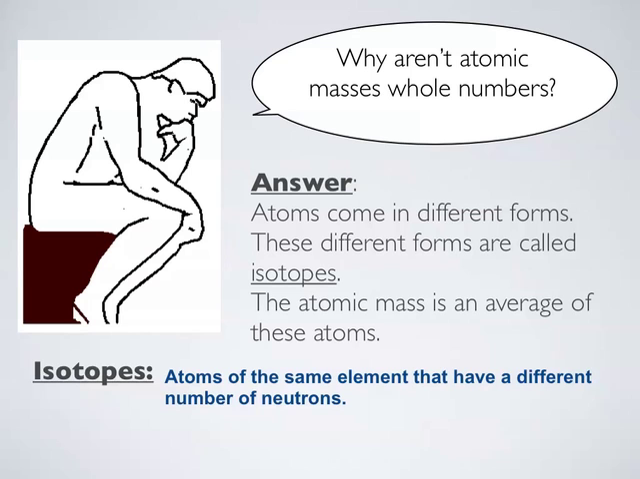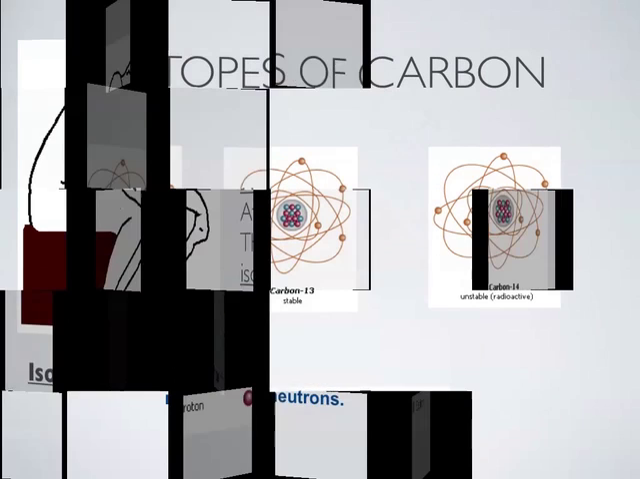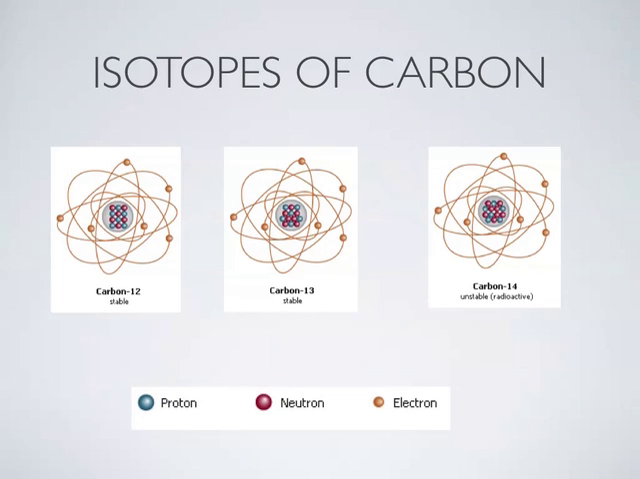And just about all elements have various naturally occurring isotopes. If we look at carbon as an example, there are three main carbon isotopes: carbon-12, carbon-13, and carbon-14. And if we look at these diagrams showing the atoms, carbon-12 has,